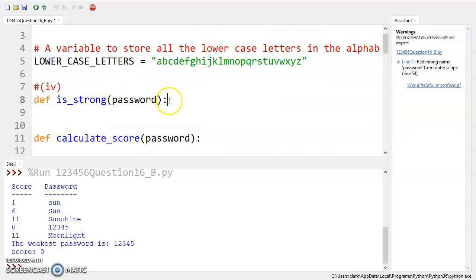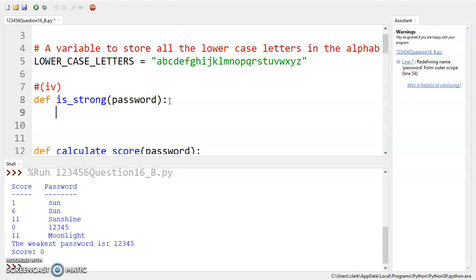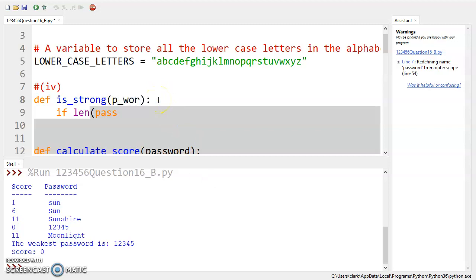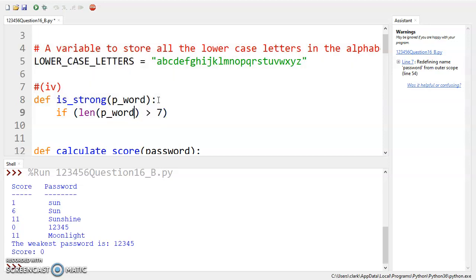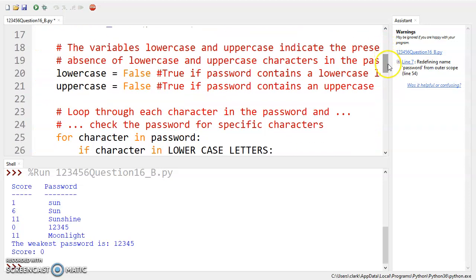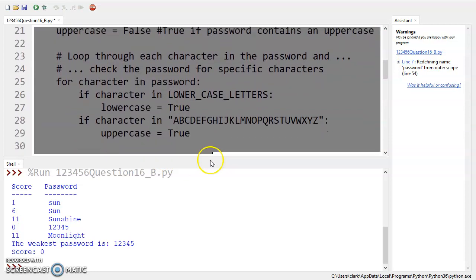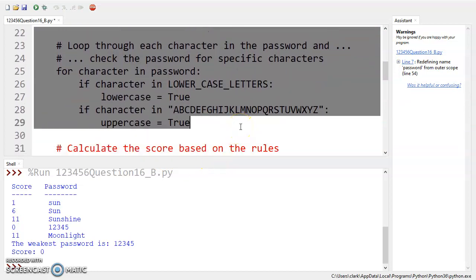Back up here to creating our function, we have a few things going on. I'm going to change the parameter name to p_word. I could have used whatever, but just short. So if the length of the password is greater than 7, that's one condition. And of course, we still need to calculate things like whether it's lowercase or uppercase. So, reinventing the wheel here, but I'll copy this code